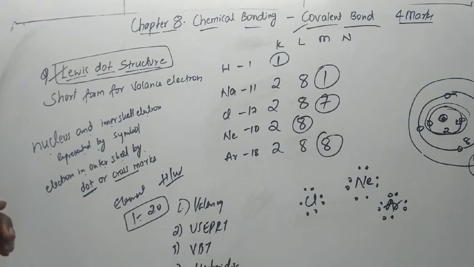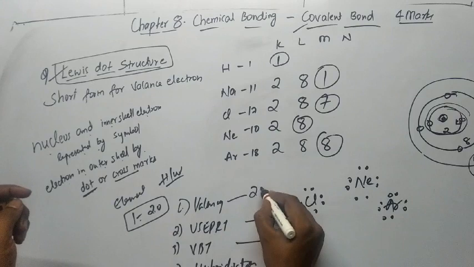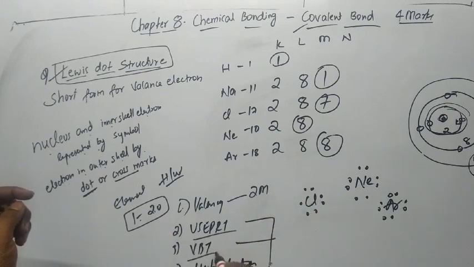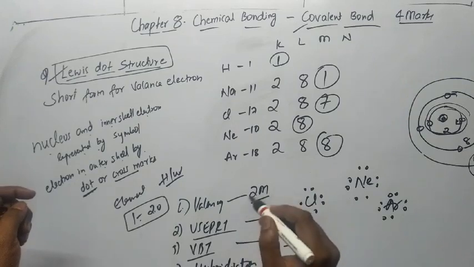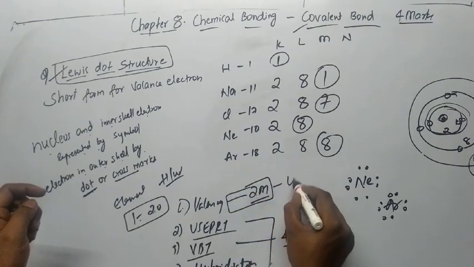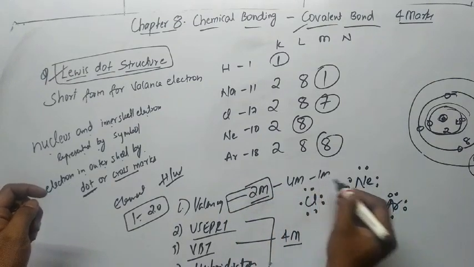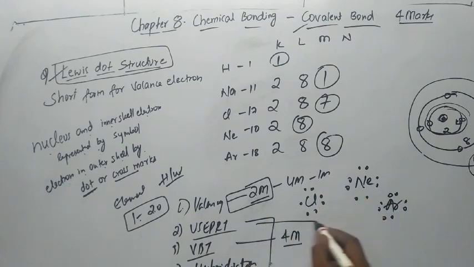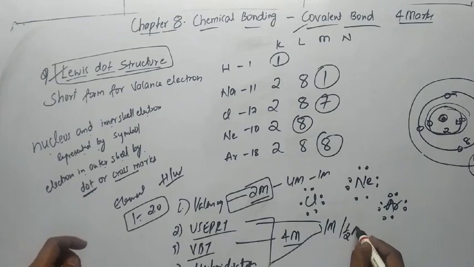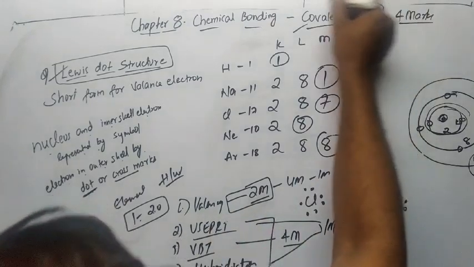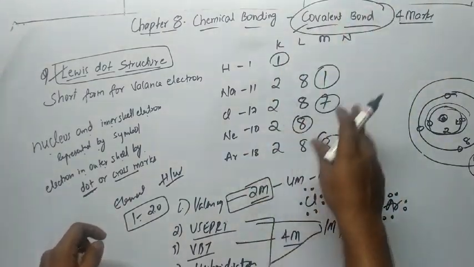Okay, so in exam they will be asking a question for 4 marks from these 3 topics. These 3 topics are very important, and valency theory is important for 2 marks. So VSEPR theory, VBT theory and hybridization concept, they are asking for 4 marks, and valency theory for 2 marks, and even sometimes you get a question from valency theory for 4 marks or 1 mark. Okay, so from VBT theory and hybridization you are also going to get a question for 1 mark or half mark. So this concept is very important, so we just round up this chapter. Okay, so this is very important.